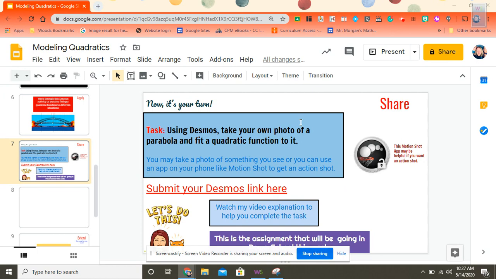So you really have a lot of options here, whether you want to use an app like Motion Shot, which I'll talk a little bit more about later, that's here. It can be helpful. I just did it on my iPhone, but I know that it's on other devices as well. So you can take a live action shot if you want to, or maybe you've got something outside or in your home that models a parabola. You can use that. You can basically take a picture of anything so long as you can fit a quadratic